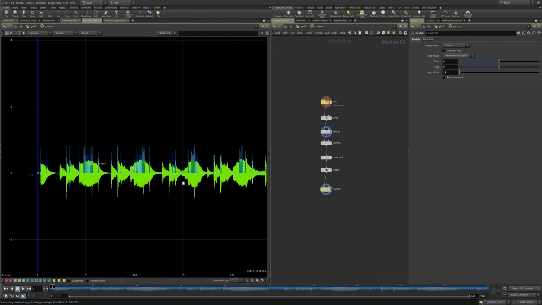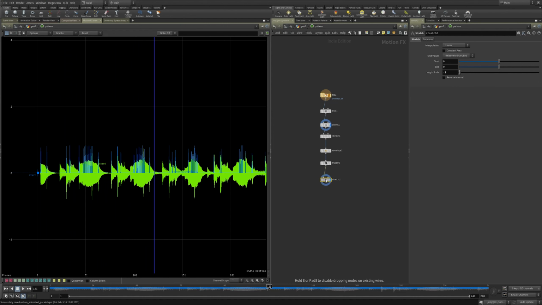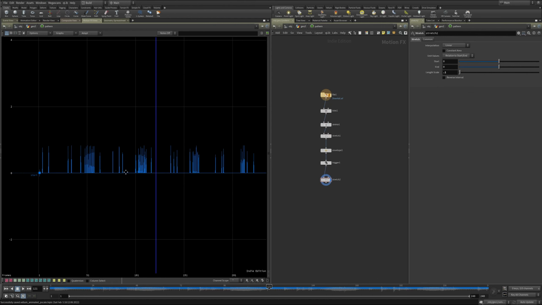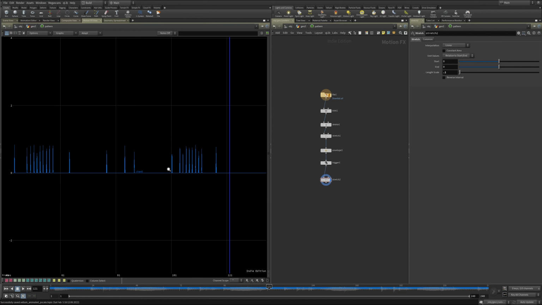So now if we listen to it and watch it, that's much more in line with what I'm hearing. I may be missing a few notes here and there, but it's okay. For a quick demonstration, it's going to work really well. So this is part of what we're getting.